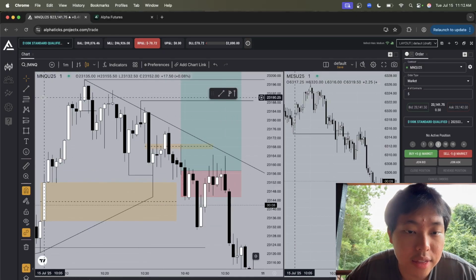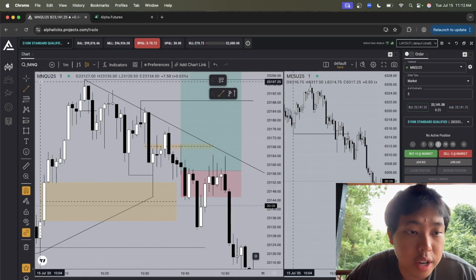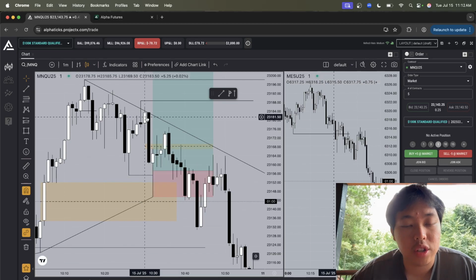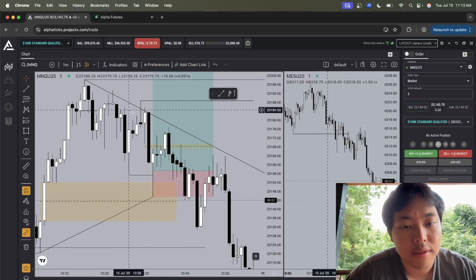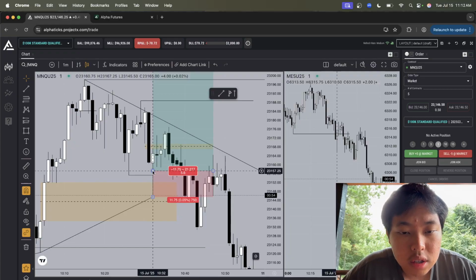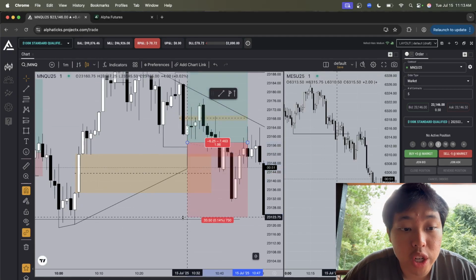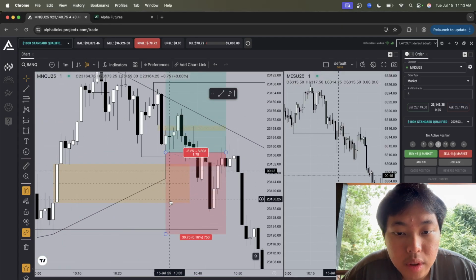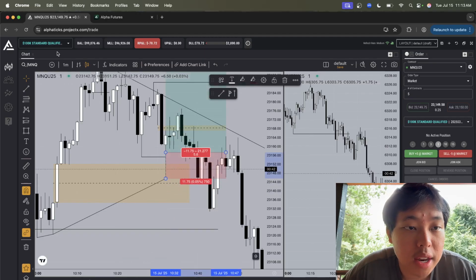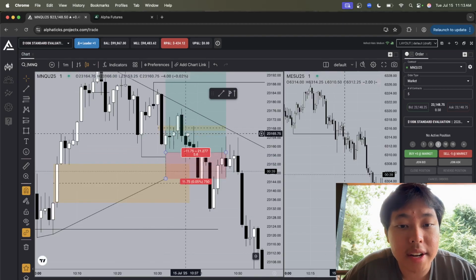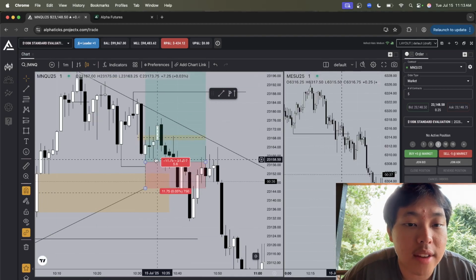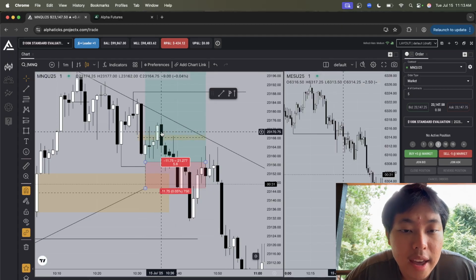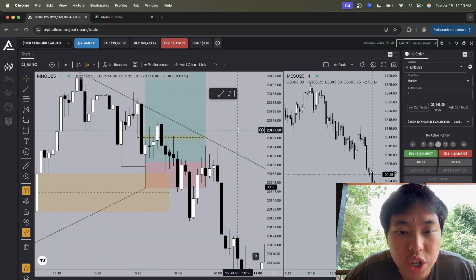entering at this low right here. I market ordered because I was trading 2 accounts, and I think I did it on the combine first, then this. My stop loss was originally at this low, and then once we got this inversion gap here, I ended up moving my stops to this low. But on the evaluations, I ended up adding extra contracts after we inverse this inversion fair value gap, because if this fair value gap gets inversed, this should act as support. So we shouldn't go any lower, right?